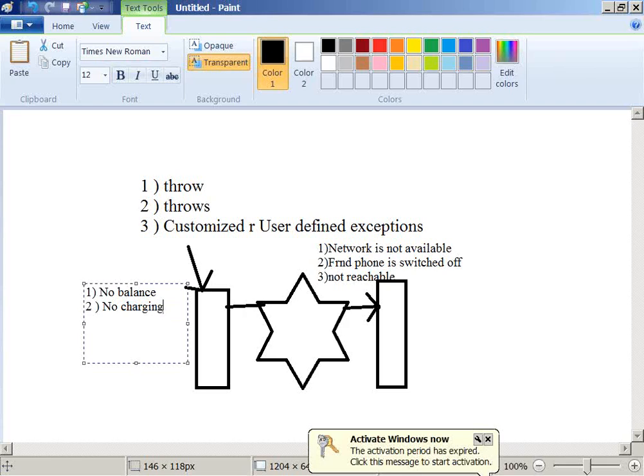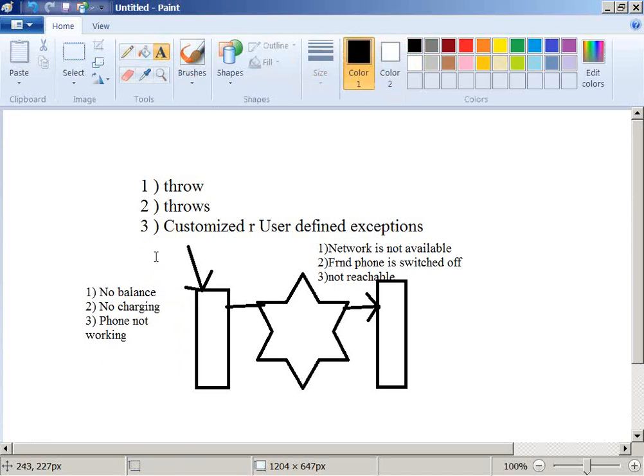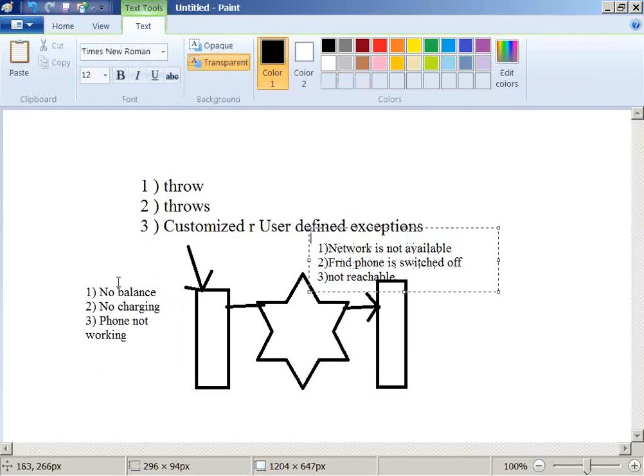Fine. These are also some problems, I think, in which you cannot make a call. Yes or no? Yes, right? I'm not going to describe it. Can you differentiate what is the difference between these problems and these problems?